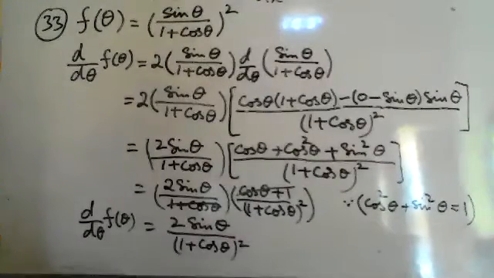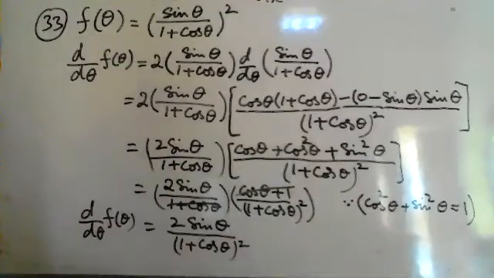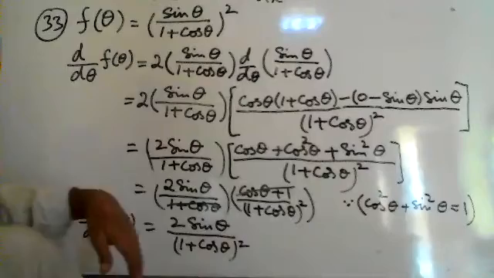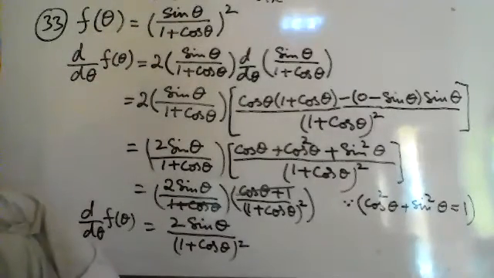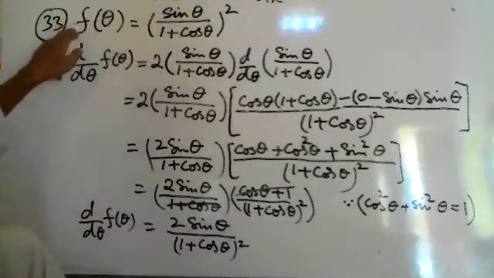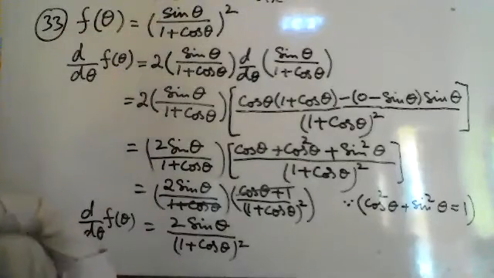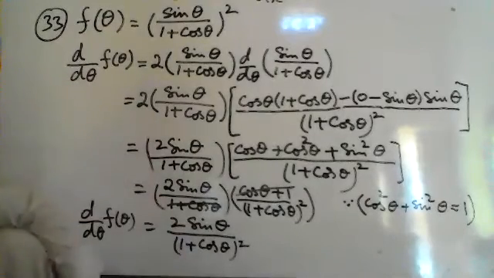Okay, this is the answer, derivative of f of theta. It is not necessary every time we will write y. There is no y, so why should I write y? In the same way, what is the function and what is the independent variable? So f of theta depends upon theta. F is a function of theta. So we'll find the derivative of f with respect to theta. We'll write d of f of theta upon d theta. That means derivative of f with respect to theta.